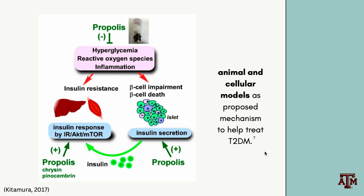Lastly, this is an image that I found on a paper, and I felt like it was another good explanation on a proposed mechanism and how propolis could help with insulin resistance. So the way our body works is that our beta cells of our pancreas are going to release insulin once they have sensed that food has entered the digestive system by an increase in blood sugar levels. Therefore, our beta cells will get our insulin to start working and break down the glucose in our bloodstream, as